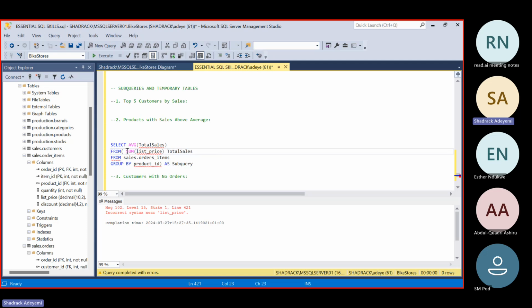What is basically happening is I want to run the inner query first, that is saying the sum of the list price from the sales.order. I don't know if my query name is wrong. Other items, yeah. Group by product ID. Sorry, I'm trying to run. This should not be returning an error.